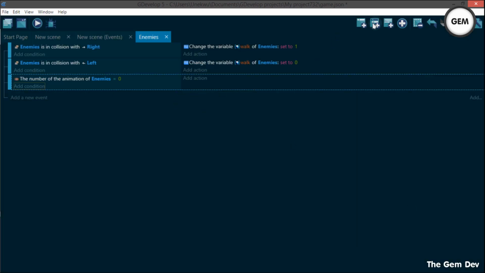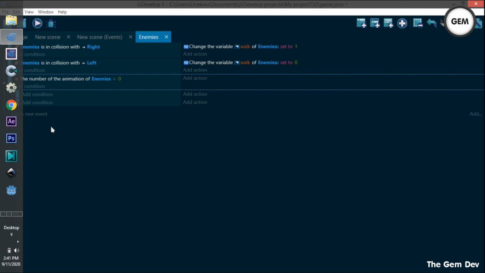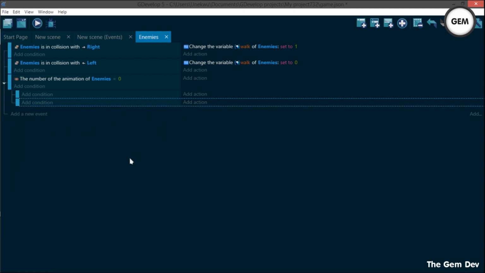So add a sub condition. You can do that by clicking on this right here, add a sub event, and you can also add a sub event by creating an external event, by creating an event and pulling it in. There it goes. Now it becomes a sub event. Okay, so